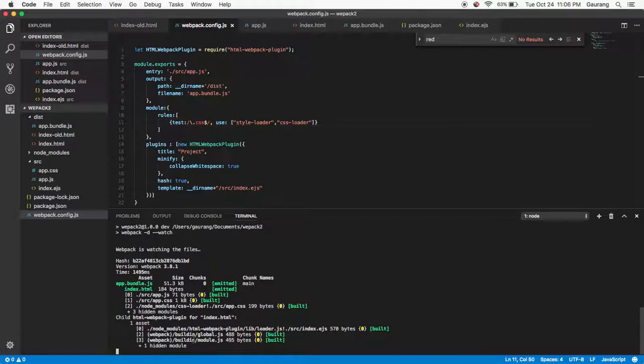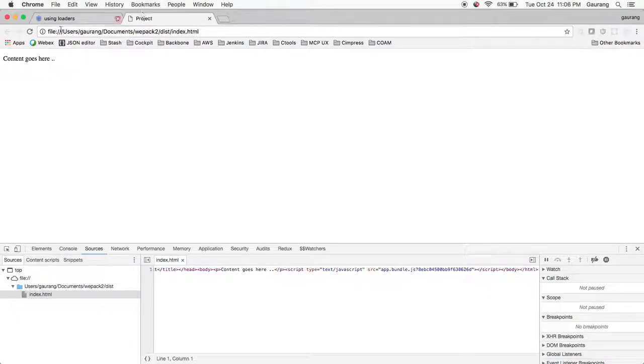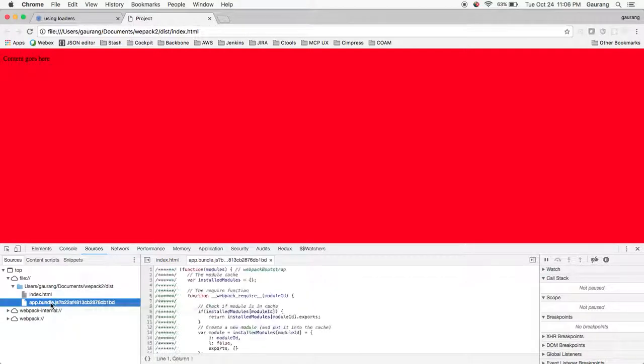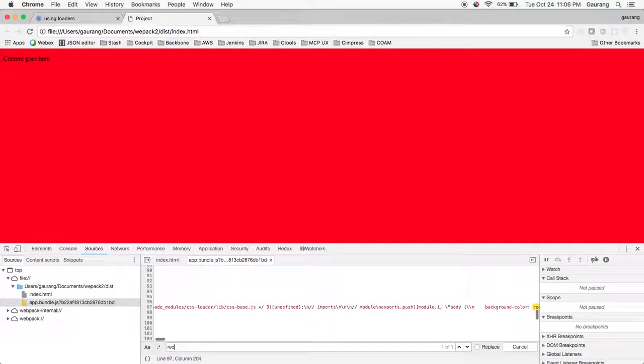So now you can see everything is working and it is dispatched into your distribution folder. Once I go ahead and refresh, you can see the color red is coming up. If you go and look into my bundle, you can see here, if I just say red,